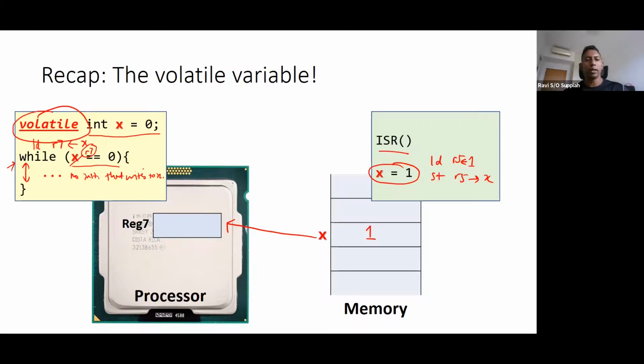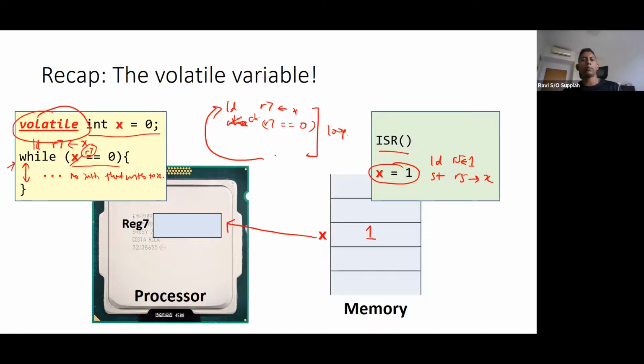So instead of relying on R7, this instruction of load R7 from X and then do a check while R7 equal to 0 will be part of the loop. So this check here will happen and the loop will come back here. So this whole thing will be the loop. Every time I do the while loop, I need to take from X, put into my register first, and then I can do the check whether R7 is equal to 0.